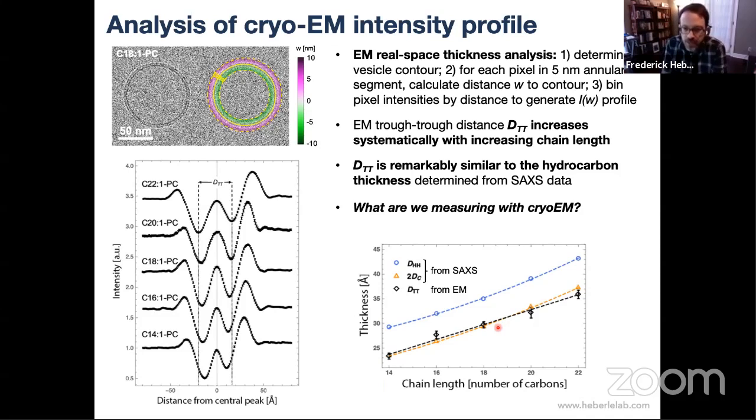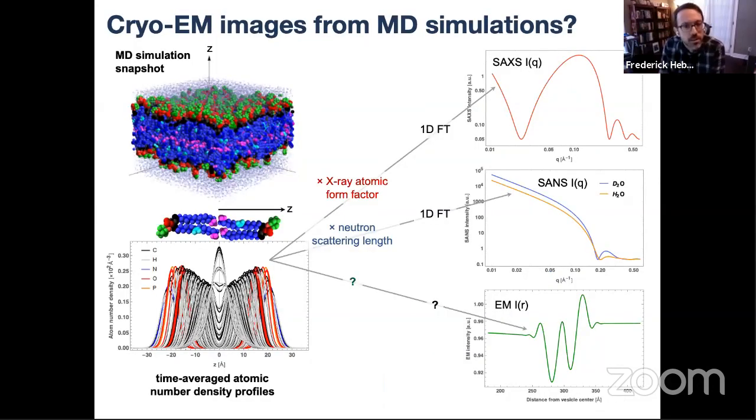So the question that we wanted to answer at that point was, what is it that we're actually measuring here? And is this way of performing the analysis robust? So I hope you'll bear with me for a couple minutes here while I take you down a little rabbit hole. So at this point in the project, we got an idea that maybe we could calculate these EM intensity